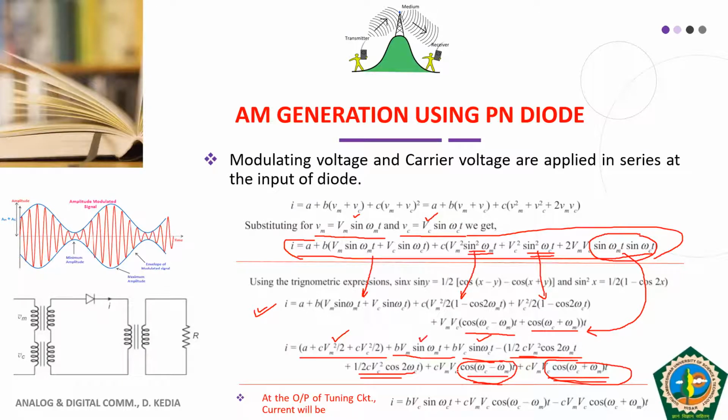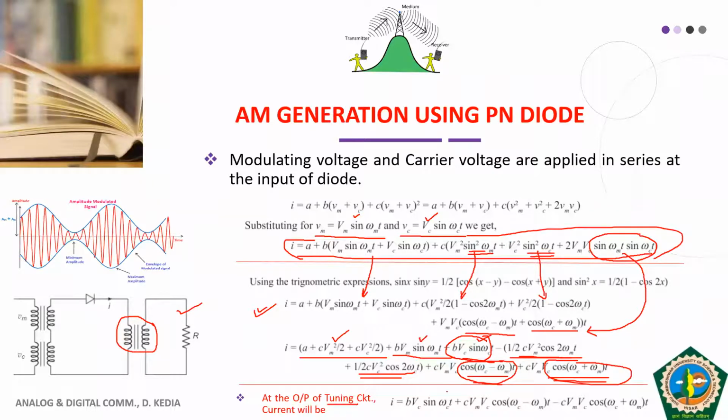As I told you, we will keep the desired components with us and remove the undesired components. So see students, we need to tune the output secondary of the circuit in such a way that it passes only the two sidebands and the carrier component. Only these three components will be passed to the secondary, and the rest of the components will not be moved forward to the secondary of the output transformer. That's why it is written here: at the output of the tuning circuit.